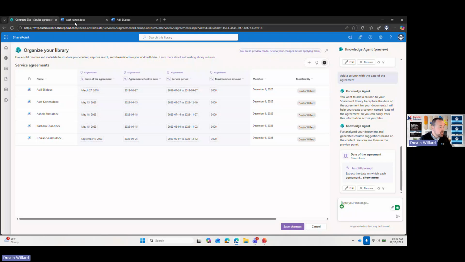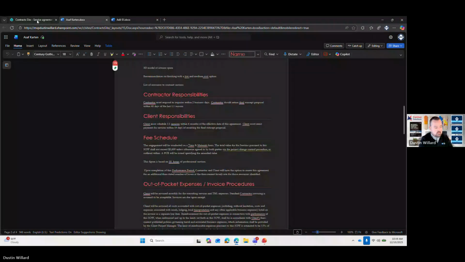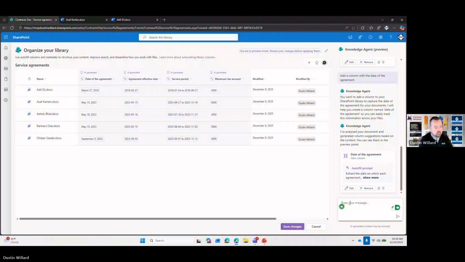Then I say summarize the contractor responsibilities. It will come through and start to build that, and now here are the contractor responsibilities for each document.